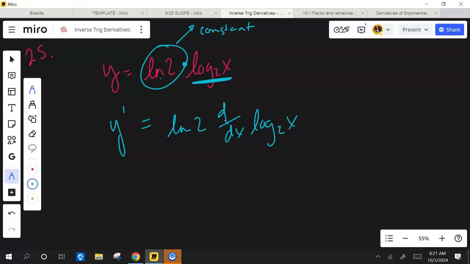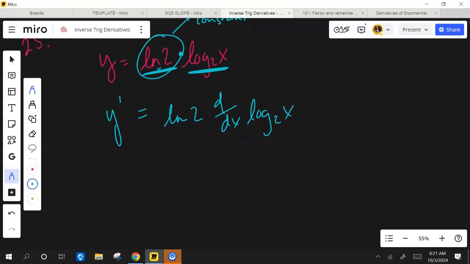Times, if you did product rule here, derivative of the first is 0. So you could do product rule if you wanted to, but it's not necessary. All right, look, log 2 times. What is the derivative of log base 2 of x? 1 over x times